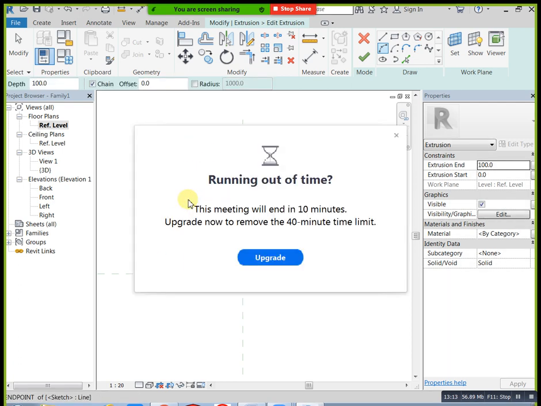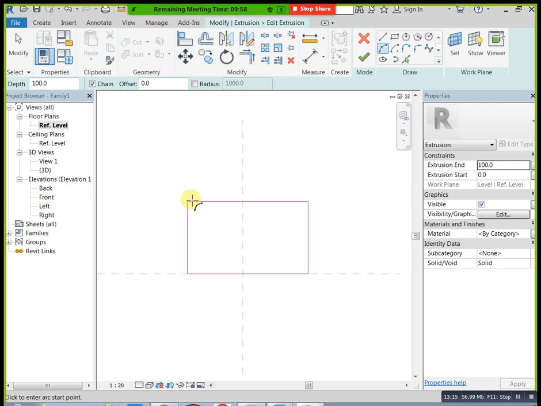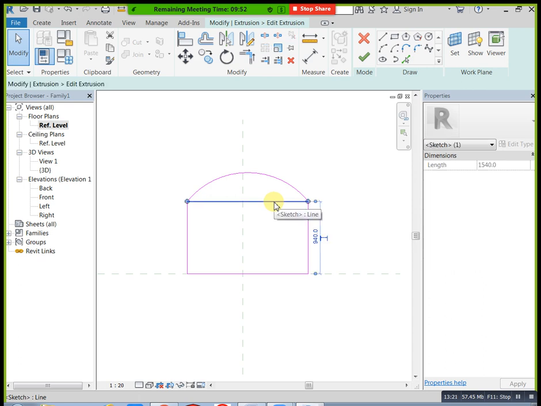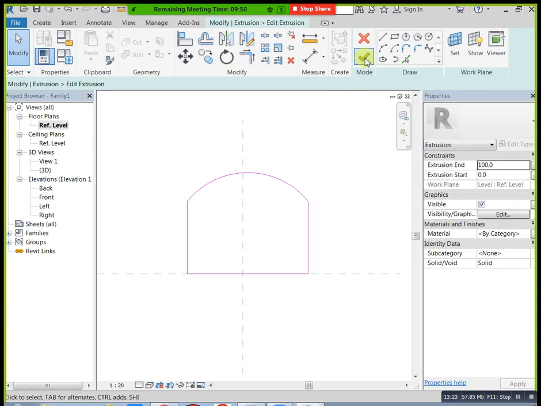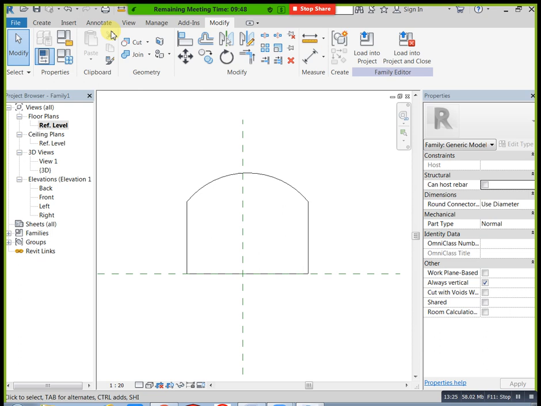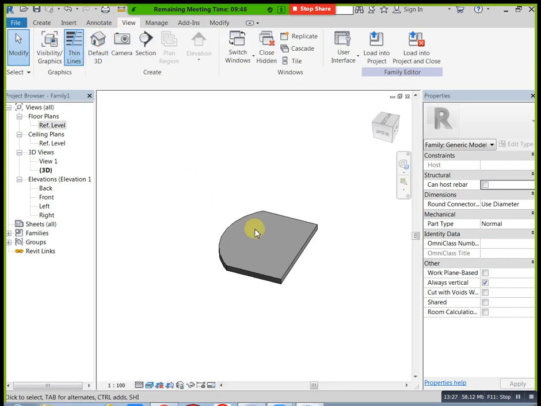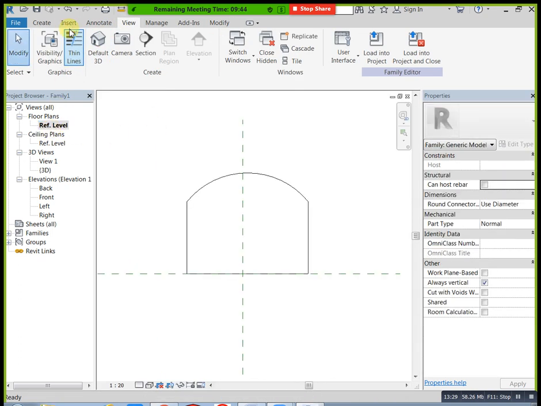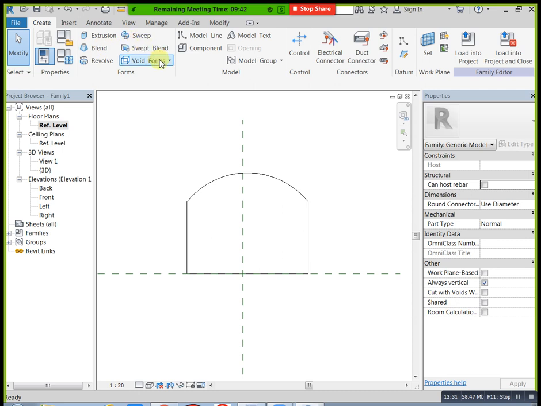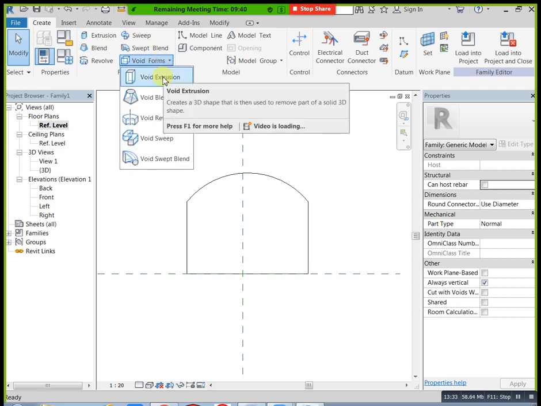Otherwise, I don't need it like this, I need to make the hole by using void extrusion. Now I will show how we can do void extrusion. Under create, here we have void extrusion and void forms. Select this void extrusion and draw your requirement. For example, I need a hole space from here to here.